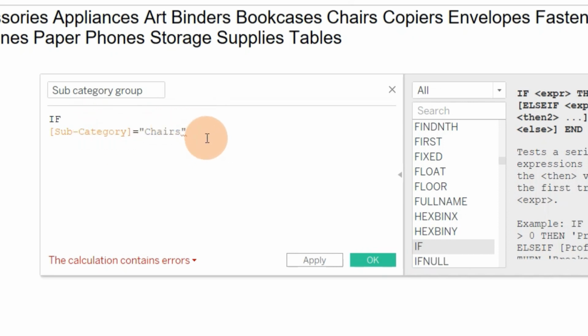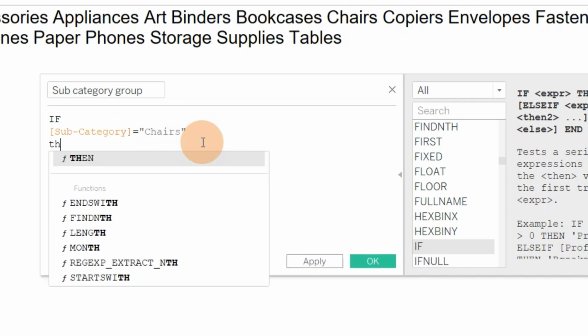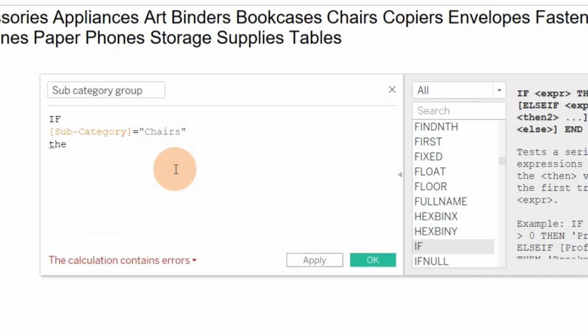So here I have written if subcategory equal to chairs, and then I will write THEN. If the subcategory is equal to chairs, then what do I want? Then I want the value to be furniture. So I will write furniture here in double quotes, that if subcategory equals chairs, then give me furniture in return.